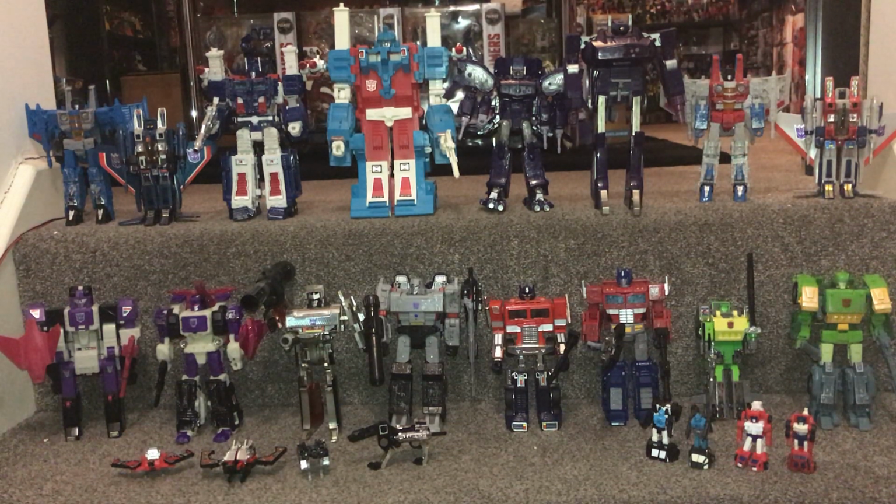And what we've got in front of us here is we've got some of the Voyagers, a couple of the leader class and a couple of the legends at the front. I will be doing other videos on the rest soon, but as you can see, due to space, this is pretty much all I can display neatly enough that you can see in between them rather than having them too overcrowded. So if we're looking at the top step first, to the far left obviously we've got Thundercracker,